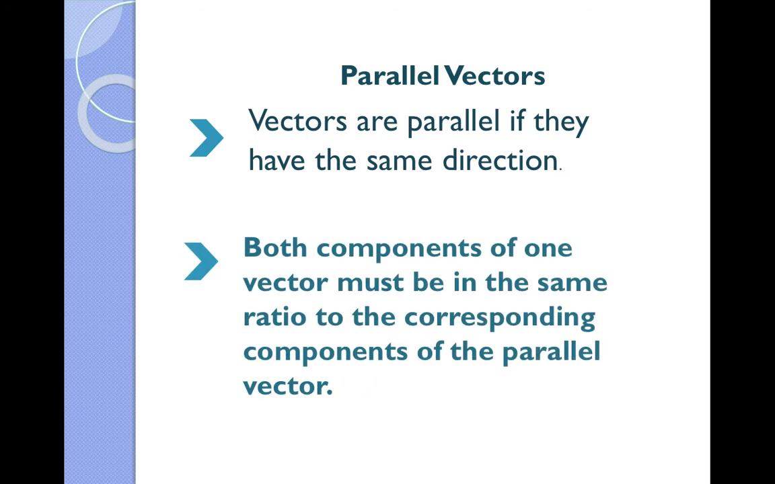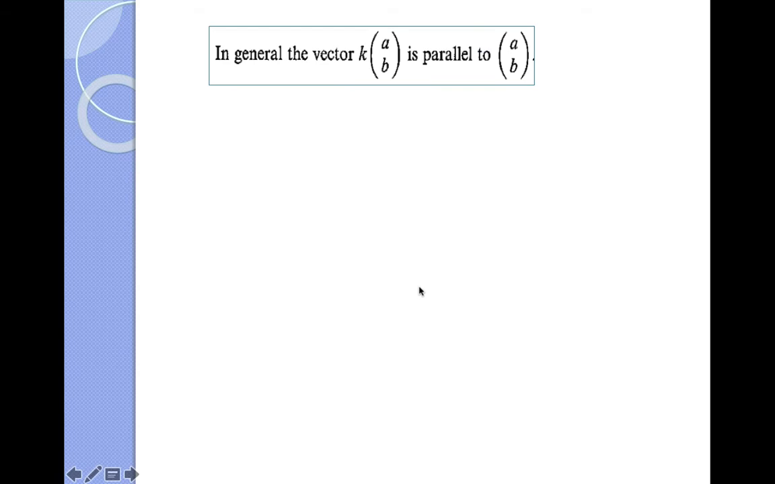Okay, that is what I have written here. Vectors are parallel if they have the same direction. That is, both the components of one vector must be in the same ratio to the corresponding components of the parallel vector. It will have an x component and a y component, right? So it should be in the same ratio. That means one vector should be a scalar multiple of the other vector. In that case it is called a